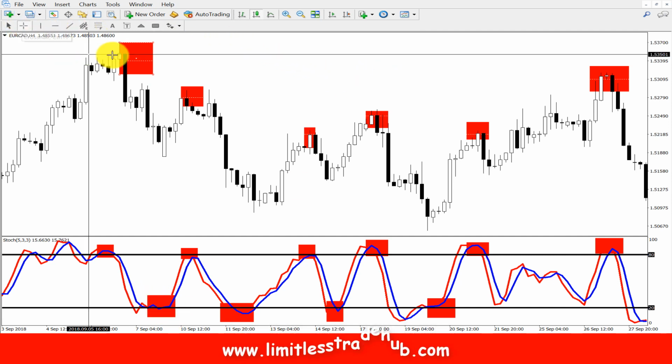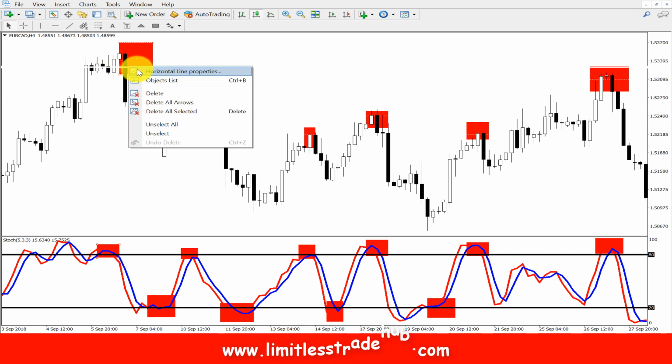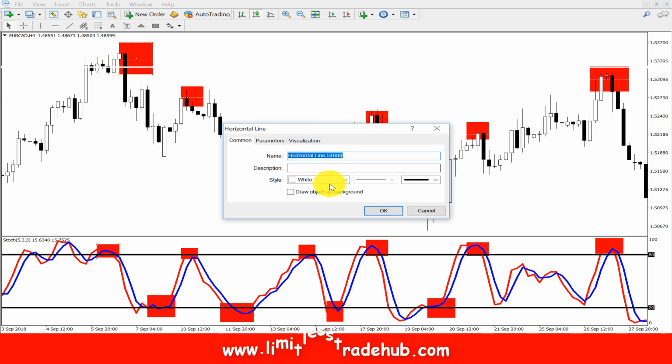When the market came here, we see that at the same time the stochastic oscillator is telling us that the market is in the overbought zone, that is above 80 period. When stochastic is above 80 period and we see any bearish candle or any swing point, then we can easily sell here. Allow me to change the horizontal line property from white to